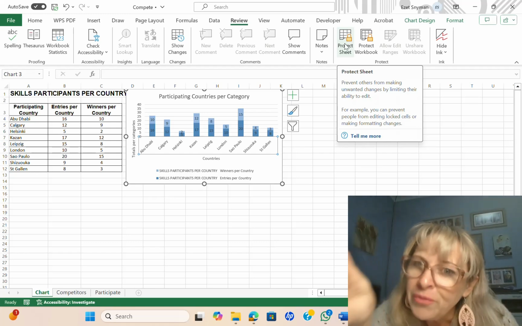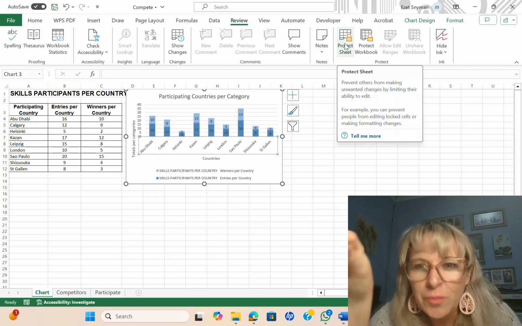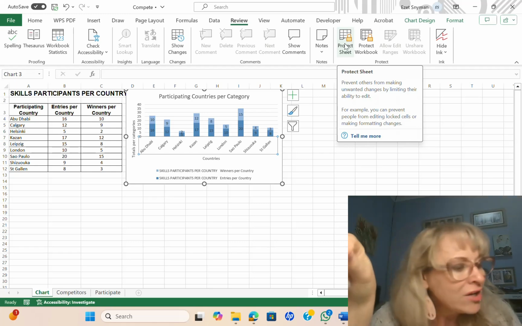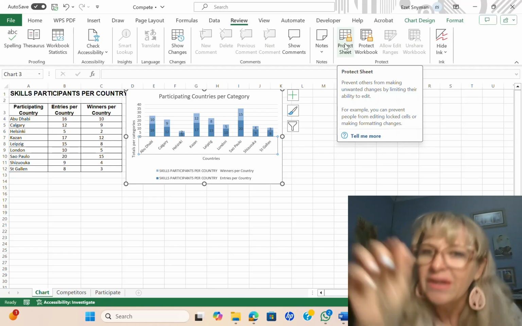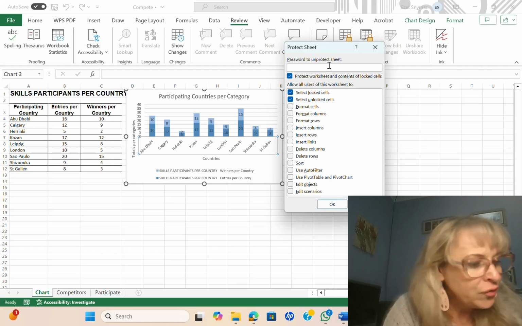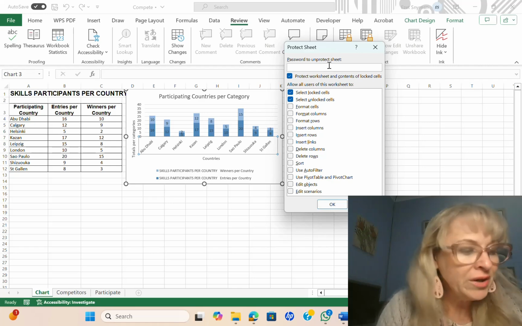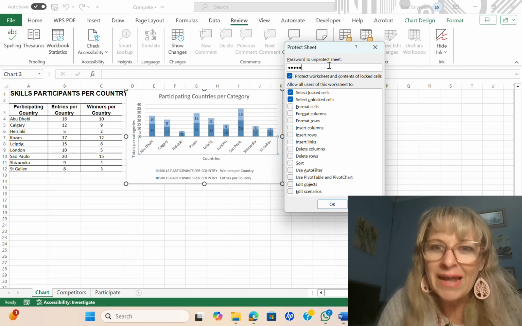There are 2 options. The first one says protect sheet. The second one says protect workbook. Make sure in this case they want you to protect the worksheet. So click on protect worksheet, and then they give you a password in caps, which is level. Then you type level.